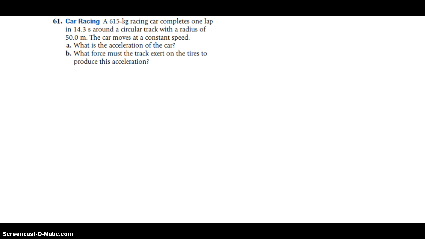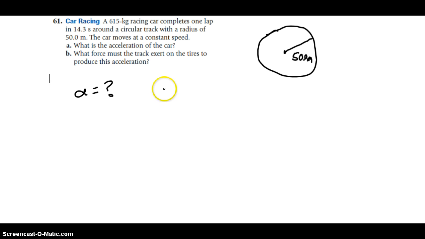Alright, so for number 61, we have a racing car completing a lap around a circular track in 14.3 seconds. So let's draw our track. It's got a radius of 50 meters, and the car is moving at constant speed. And the first thing they ask for is what is the car's acceleration. Now, that kind of sounds like a trick question given the fact that it's moving at constant speed. But remember, if we're moving around the circle, we're constantly changing direction, so therefore we have an acceleration in the